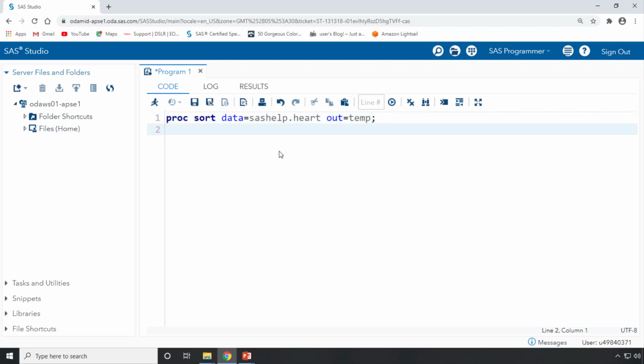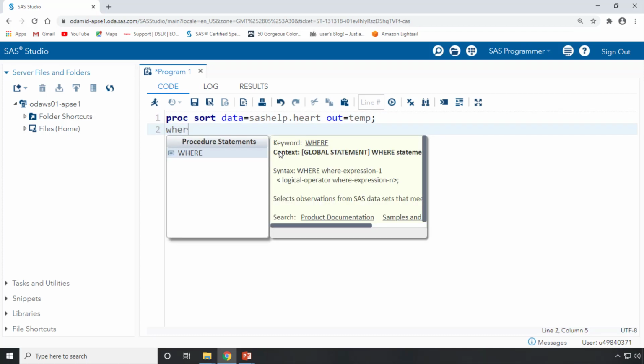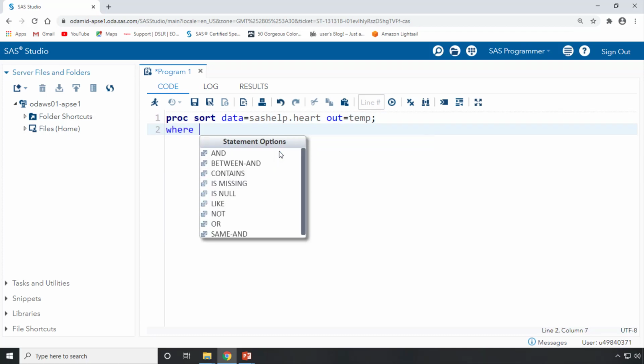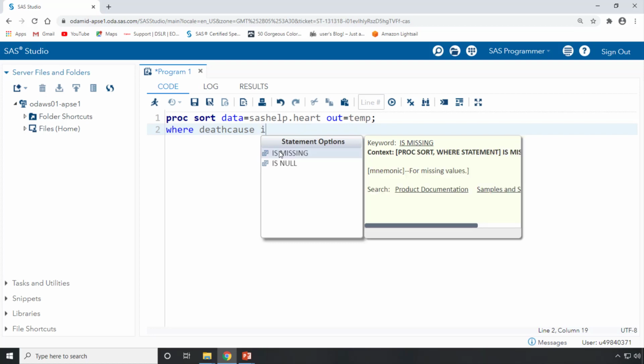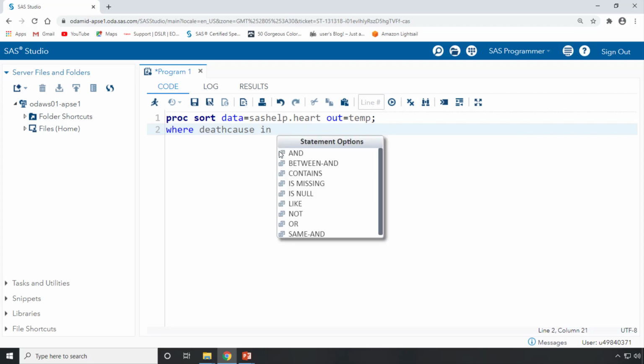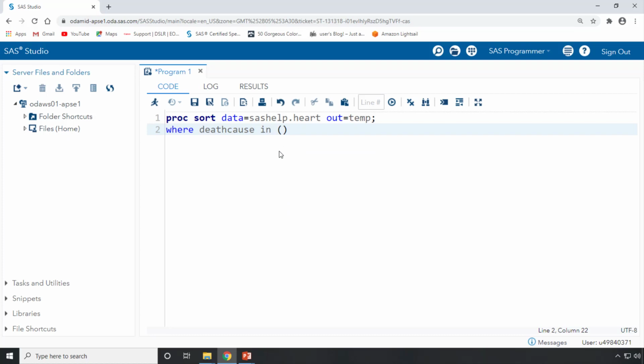Then I'm writing a condition, where I need death cause. First of all, the variable I'm writing is death cause, death cause equal to. Instead of equal to, I will write in, so that now I can select multiple options. One is cancer.